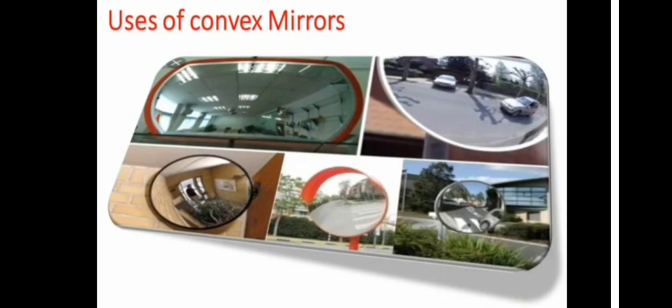Field of view is the observable area seen through the eye or any optical device such as a mirror, compared to a plane mirror. Convex mirrors are installed on public roads as a traffic safety device. They are used on narrow roads such as hairpin bends in mountain passes, where a direct view of the upcoming vehicle is restricted. They are also used to cover blind spots in shops.